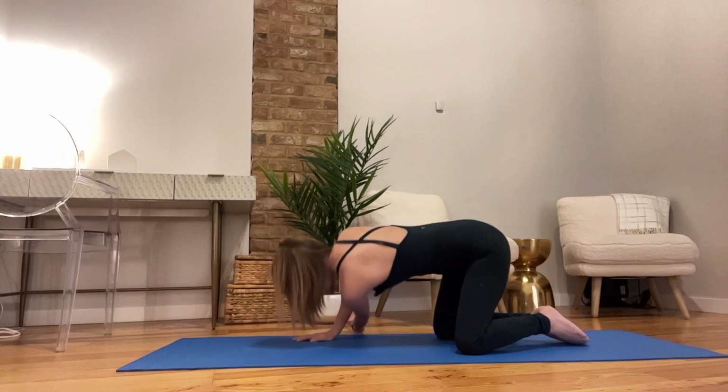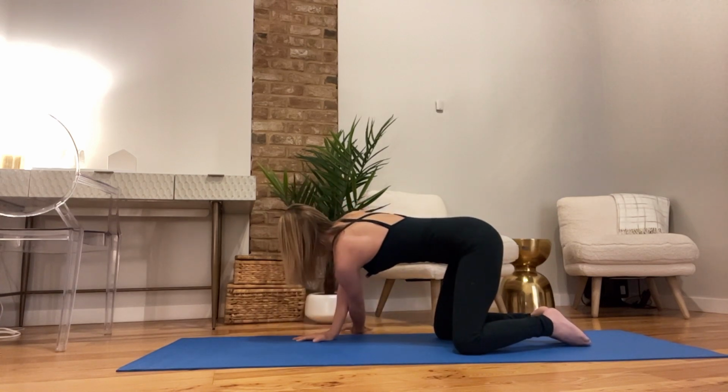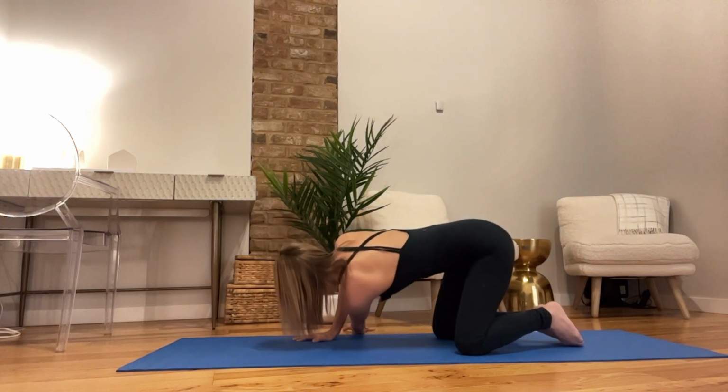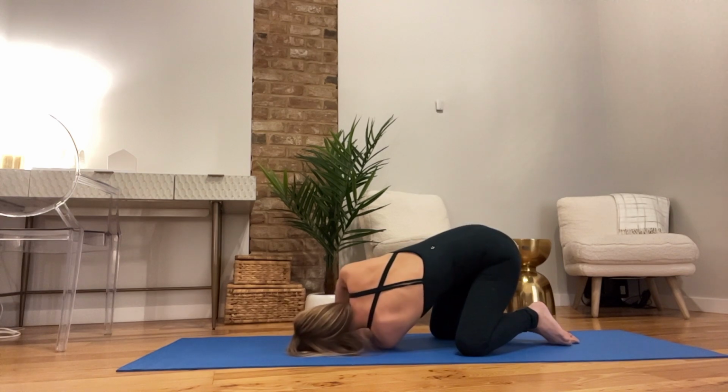Reach it through. Don't reach all the way as far as you can go. Just the hand past the mat. Then place the palm up. Firm the hand into the ground as you lower yourself down to the mat. Once you're here, shoulder